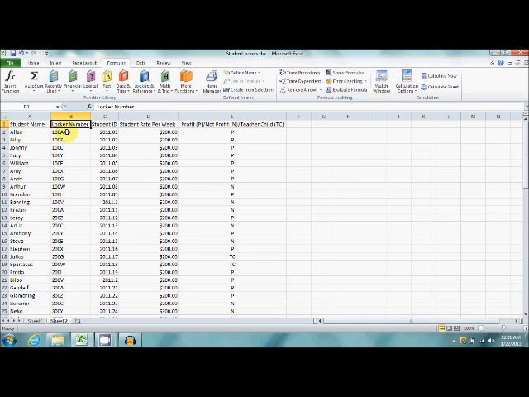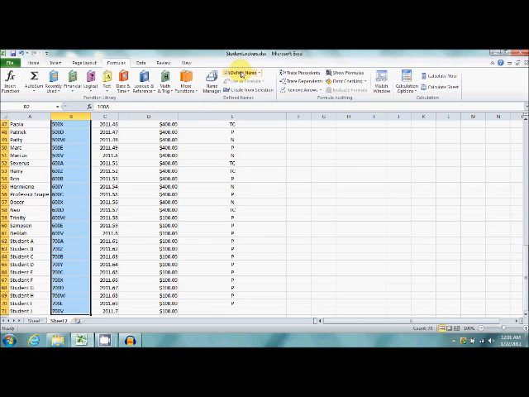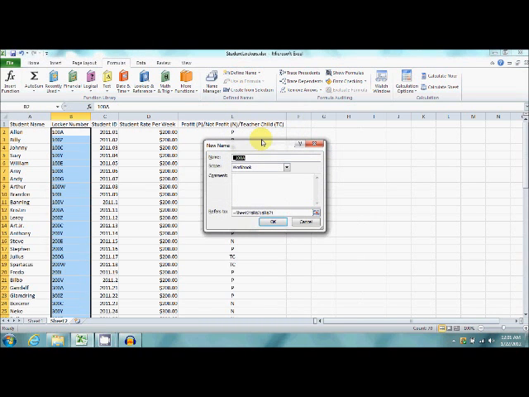All right. So we'll go ahead and select that, and let's start by going into the Formulas tab, as you see here, and we'll click right in the middle. This is 2010, so right in the middle, Define Name. It will use absolute references, as you see here. It refers to Sheet2, and basically has our entire list encapsulated there. It will give you a default name, and we want to change that because we're going to be using this later, so we want something that we'll be able to remember. So using the KISS method, we'll go with locker